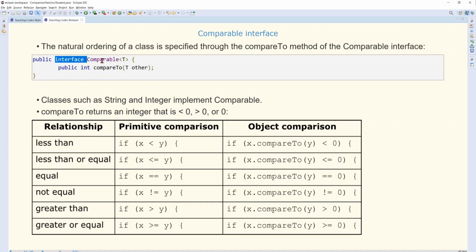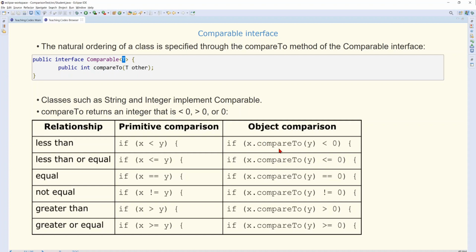So it's defined as an interface. So you say my class implements this interface, and there you define a type. You're comparing objects of your class with other objects typically of the same class type. So whatever your class name is, it will be the same name, as we'll see soon. So what's the return value? Let's first talk about the return value. You write the compareTo method in a way that if your current object, which is x, is being compared against an object y,